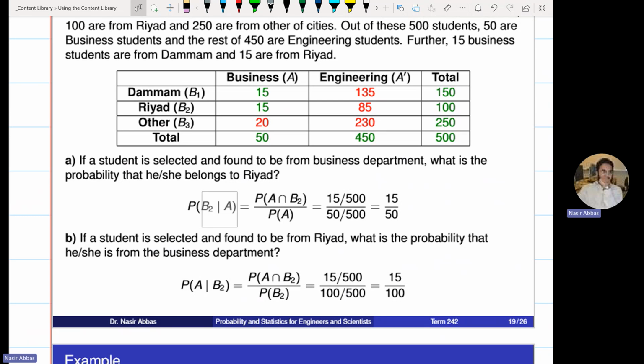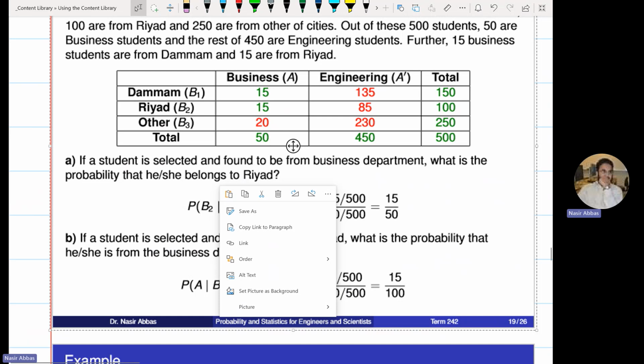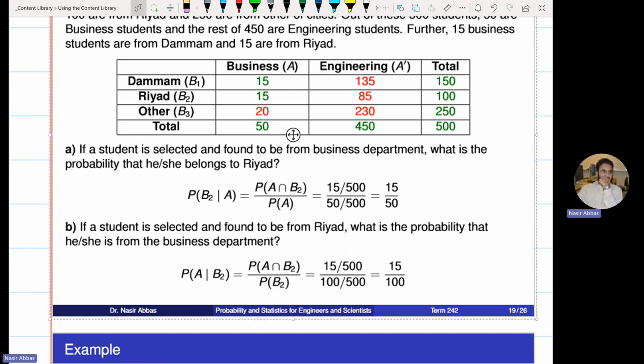So am I required to find the business or am I required to find Riyadh? Riyadh. So Riyadh comes first. This is required. You are required to find the probability of B2 given the information about A. Apply the formula. What is the probability of B2 given A? Intersection divided by A, which is equal to, you found these two probabilities separately, 15 by 500 divided by 50 over 500, which is,